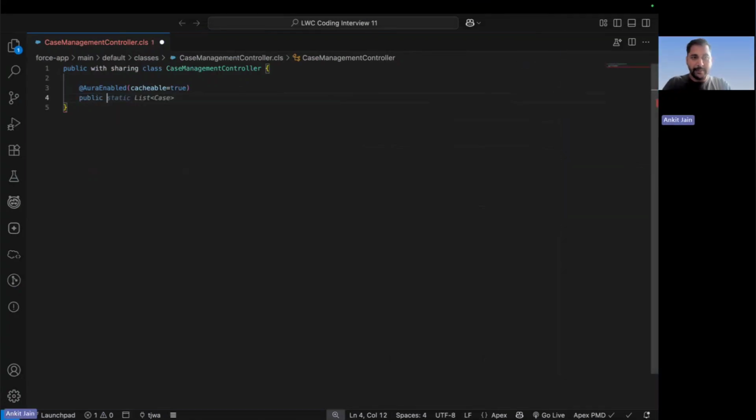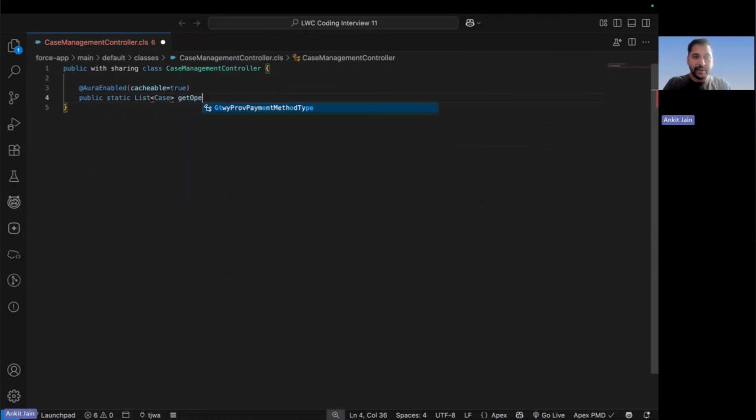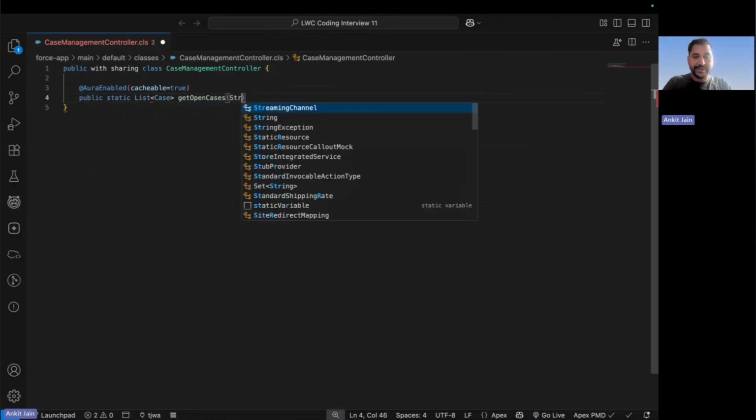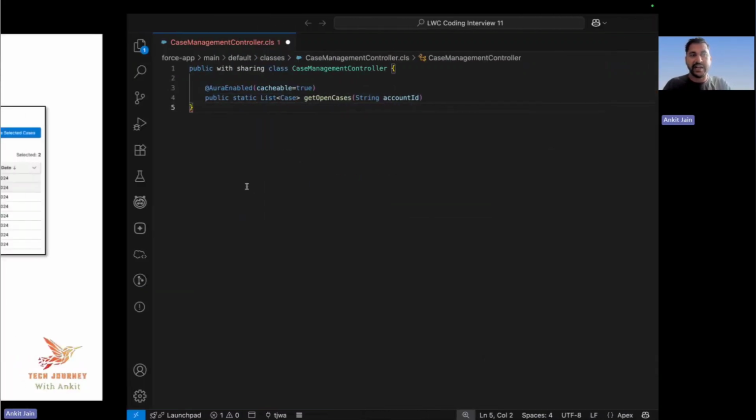And here I am putting the public static void. At this moment, I want to return all the cases. So let me go and return the case. And here I am putting the get open cases, where I'm expecting the two parameters. First parameter here is the account ID, or let's have only one parameter, because they have clearly mentioned that they want to